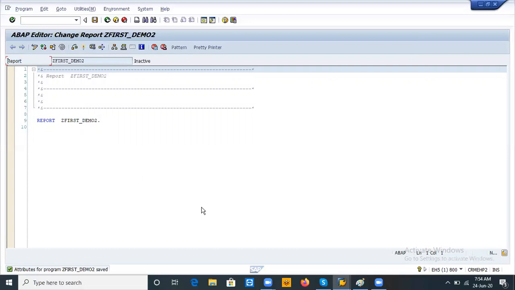Then we need to declare the variables. In the initial class I told you there are different types of variables. How many types of variables do we have?